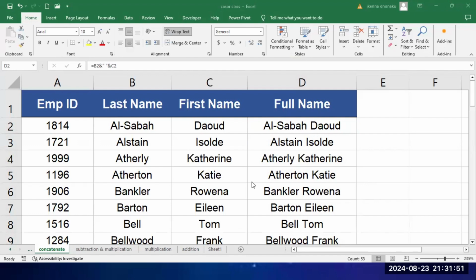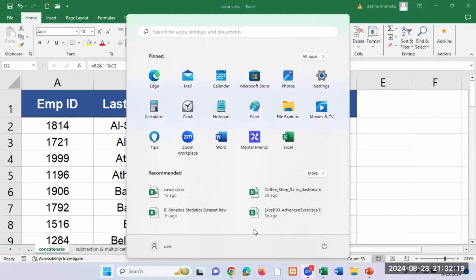So that's a simple concatenation. What we've just done now is data transformation. You will see how some of these things will play a very big role when we begin to work in Excel. Now, let's continue with our studies. The next one we're going to look at is